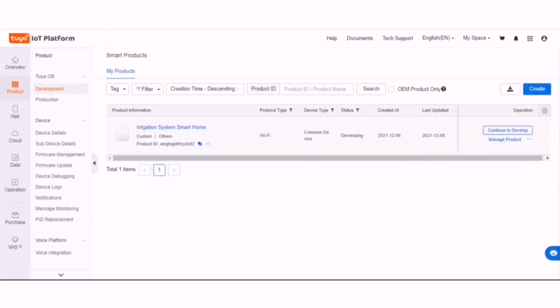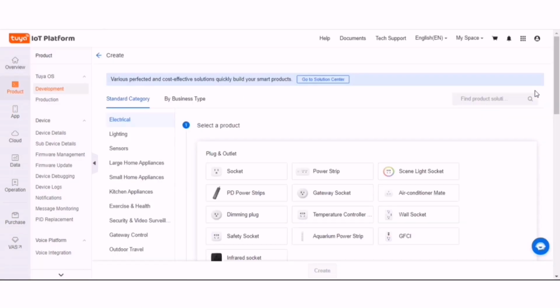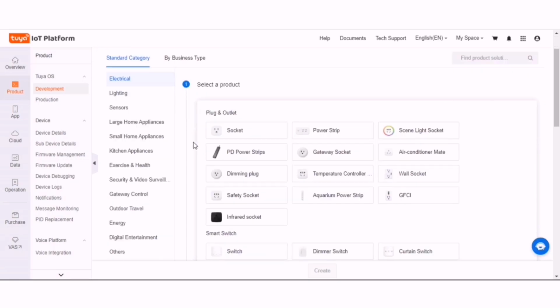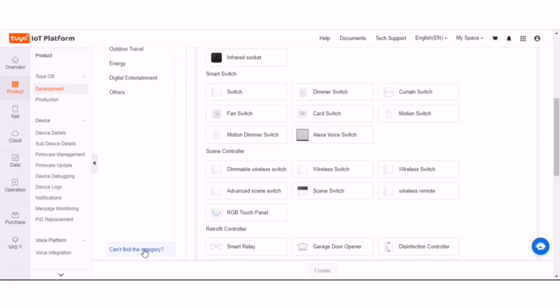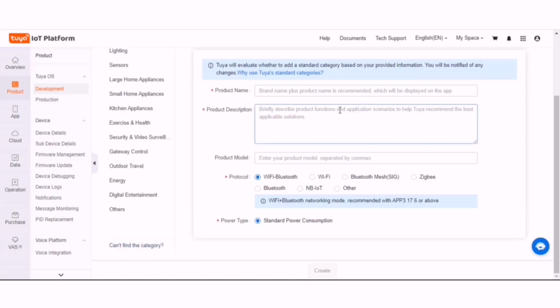Click on the link in the description to create an account on Tuya IoT platform. After the creation of your account, follow these steps to create your own Link SDK with Tuya. Click on the product and create a new one. Scroll down and click on this Can't find the category.